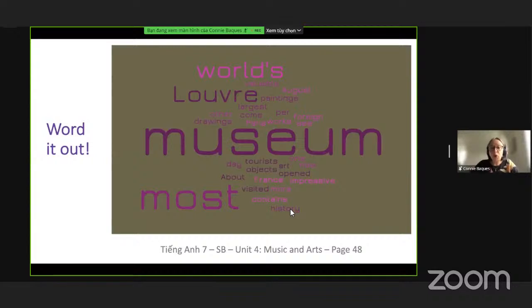Now, have a look at the different size of the words. Some words are very big and some are very small. Why do you think that is? Why are some words very big and some are very small? The focus, content words. Yes, correct. When I copy and paste the text into Word It Out, what the website does is